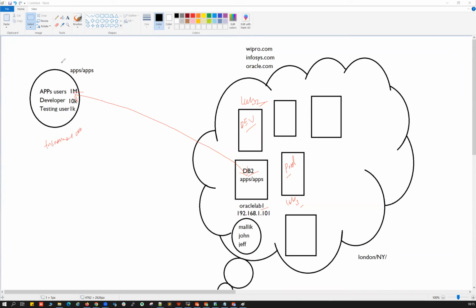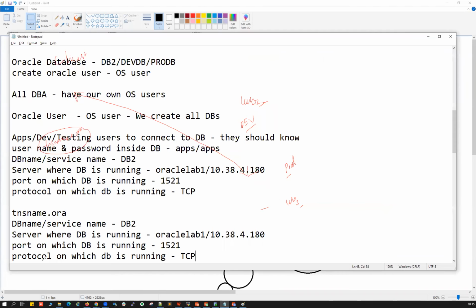These are my clients. They need that tnsnames.ora file. The tnsnames.ora file is nothing but whatever the requirement we talked about here: DB name, service name, your server name or the IP address, the port, the protocol. Everything we can keep in a format, and then the client can connect to my database.